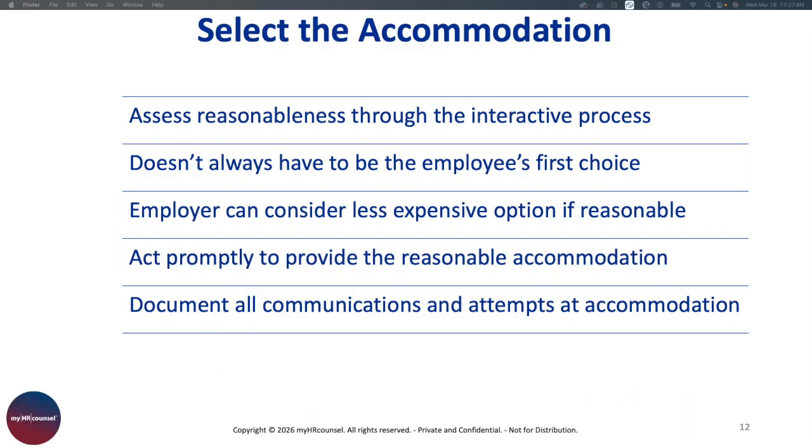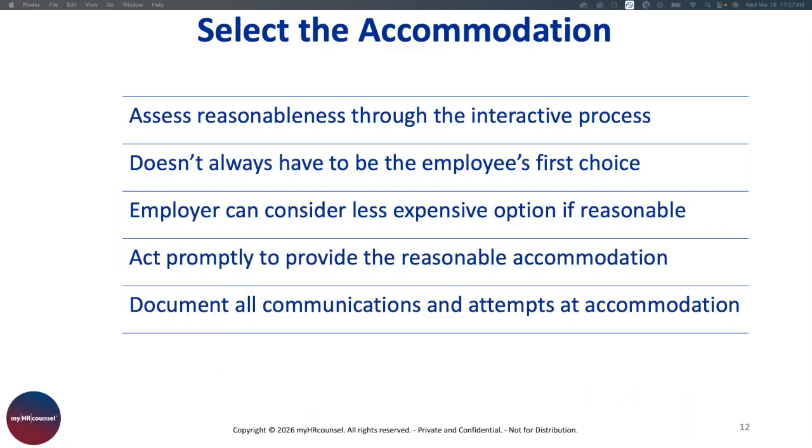Understand that the employer does not have to provide the exact accommodation the employee or job applicant wants all the time. Your provision of an accommodation just has to be reasonable. That is the operative term. It doesn't necessarily mean the specific thing the person requests. If it's not exactly what the person requests, you're okay as an employer if you choose the accommodation that's effective in removing the workplace barrier at issue.